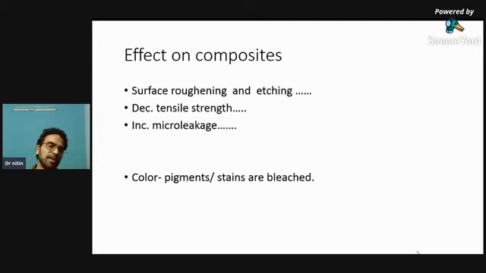That's what I'm telling. Depending on the bonding agents and the material which have been used, either it is a micro hybrid or it is a nano hybrid. अगर बॉन्डिंग एजेंट आपने ऑप्टी बॉन्ड एफएल यूज करा है या फिर दूसरी कंपनी का यूज करा है, they have done studies specifically in few cases in which different bonding agents and different composites are used. This is the summary which has been found: in few cases decrease in tensile strength, few cases surface roughening with etching, and also in few cases micro leakage has been reported.